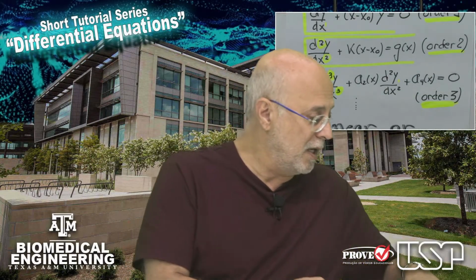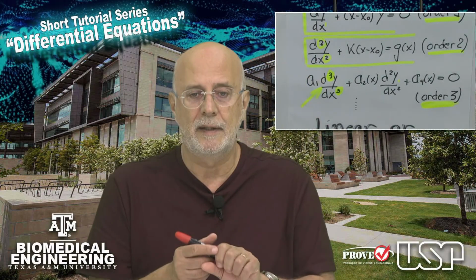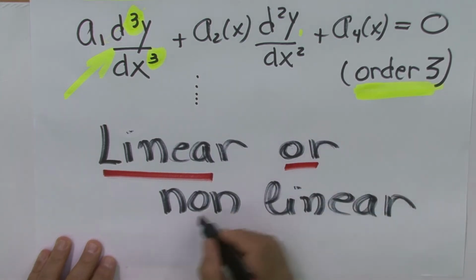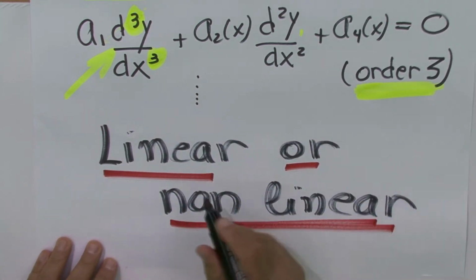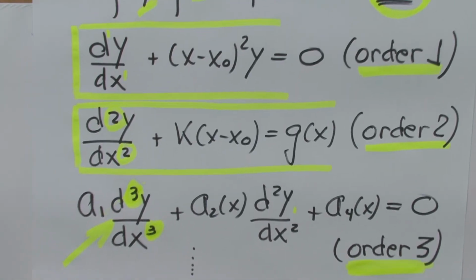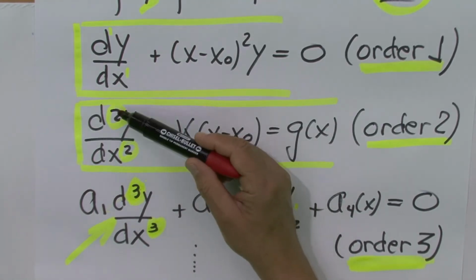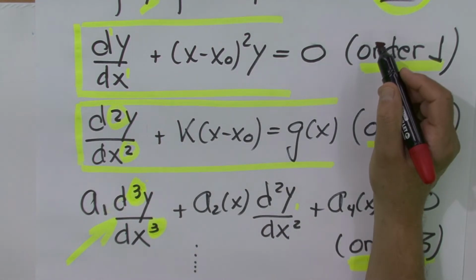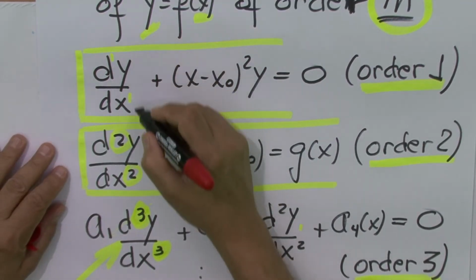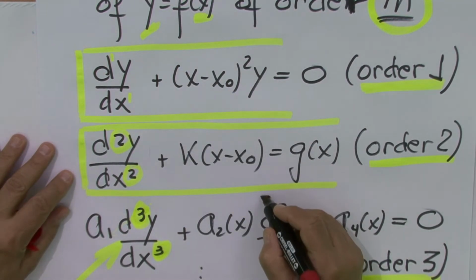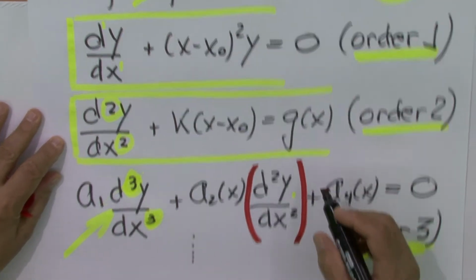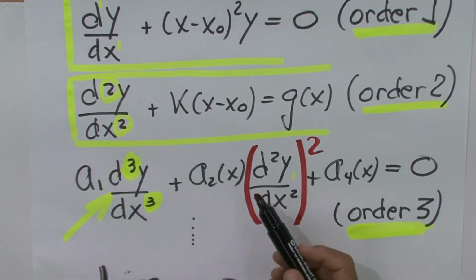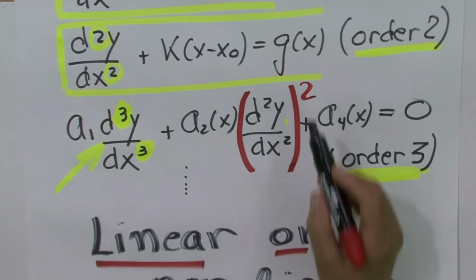Please, here it is important to mention that you should not confuse linear with nonlinear differential equations. All those equations are linear. They involve different orders, but none of them comes squared. Suppose I put a square here. Let's take it here. Suppose I come here and I say, well, here goes a square. Then this is an ordinary equation, nonlinear. Nonlinear is related to